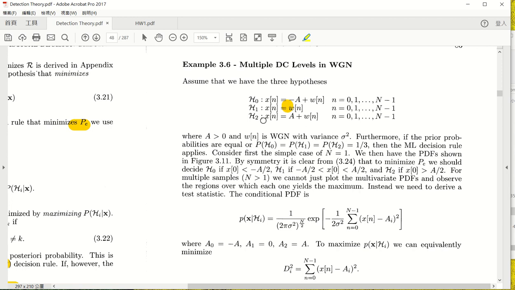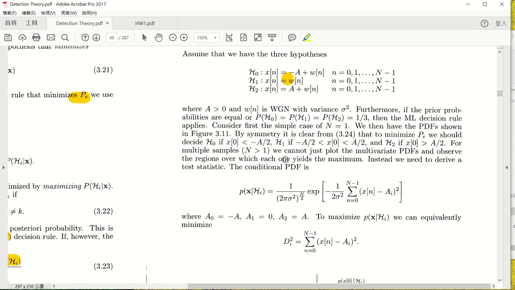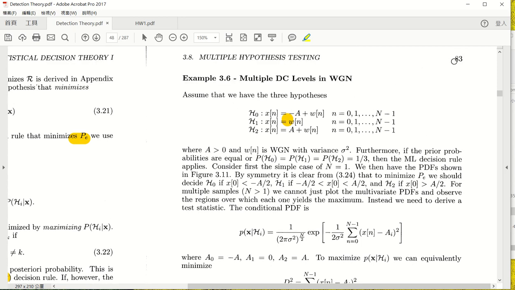So that interpretation gives you an understanding of the signal structure. You have minus a, you have plus a, then you have something in the middle which is zero. All right, so of course, we do the same setting. We have page 83. Slow down a little bit so that you can follow along in your textbook.